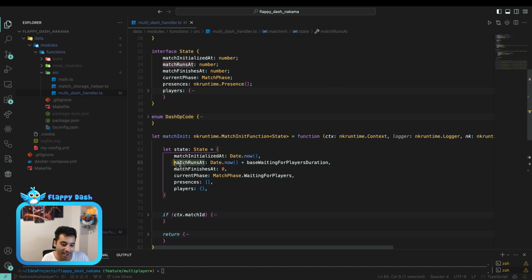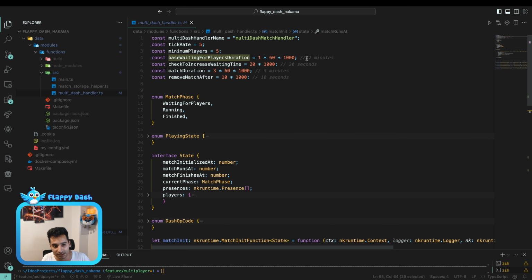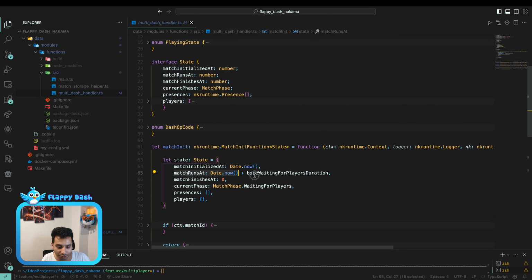And we have the match runs at, which is the current time plus waiting for players duration, which is 2 minutes. So we say that, okay, this match is going to be started or run in 2 minutes. And we don't have the match finishes at, it's 0, and we decide to set it whenever the match is started. And the current phase is waiting, so it's obvious we need to wait for the players.